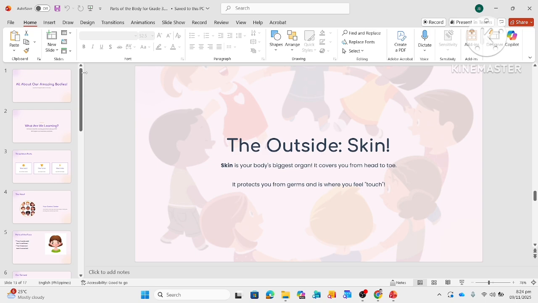Napakadali lang and malaking tulong mga kaguro ang ganitong ideya, lalo na if you are really busy in preparing your lesson. And make sure lang po that there's an alignment with the lesson made by AI